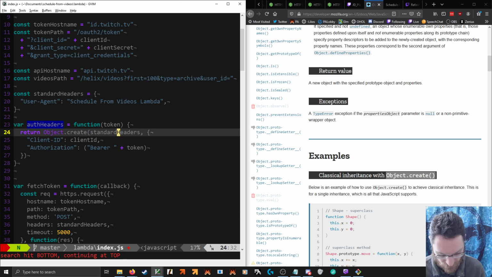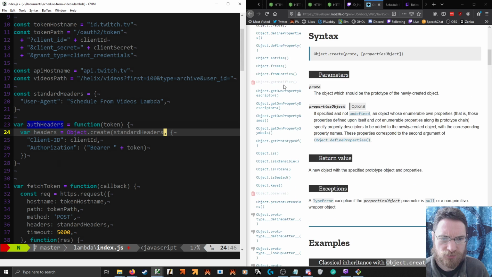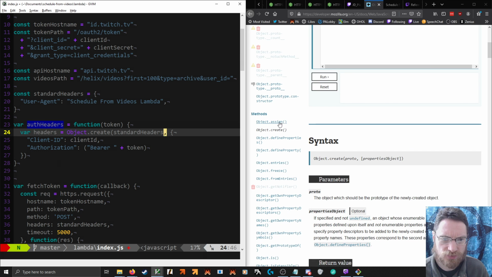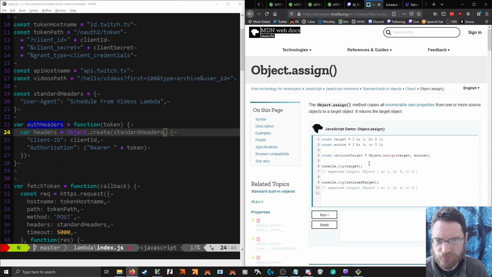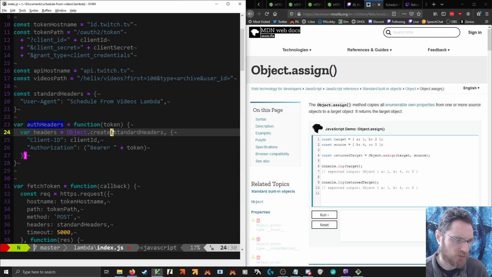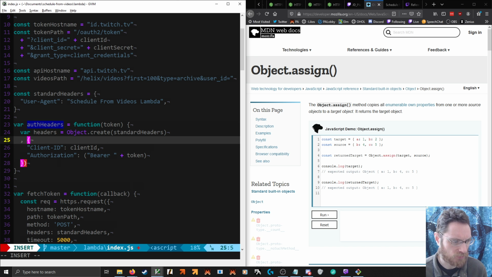So if I want to do this, it's unfortunately a two-step process. Did I see an object assign? Yeah, so we can still kind of use this shorthand, but we have to